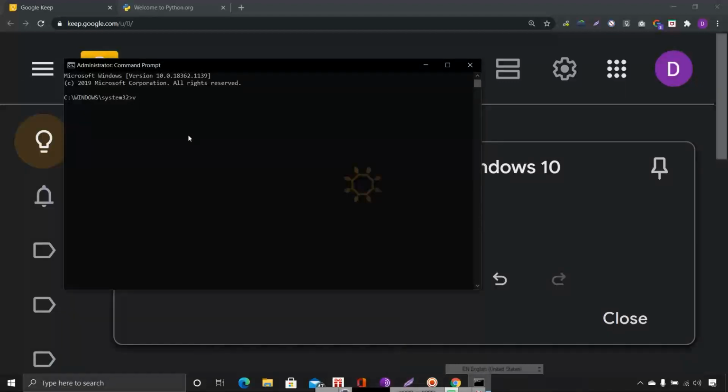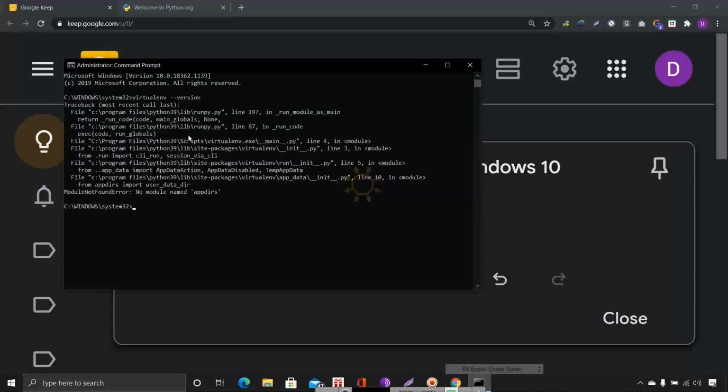Now you can check again, virtualenv --version. It is not there because it is not yet installed. So now, using pip, install virtualenv. Virtualenv is used so that whatever work you are going to do does not touch the main Python files.